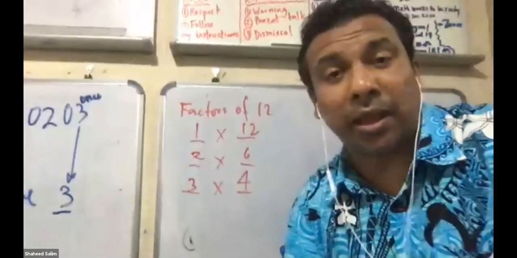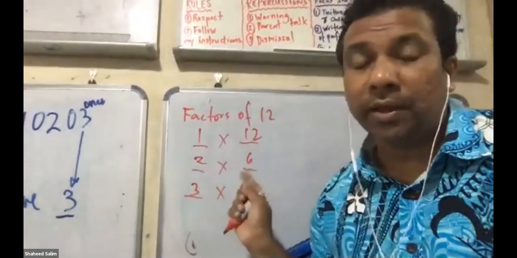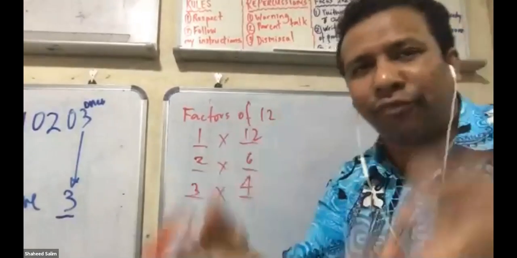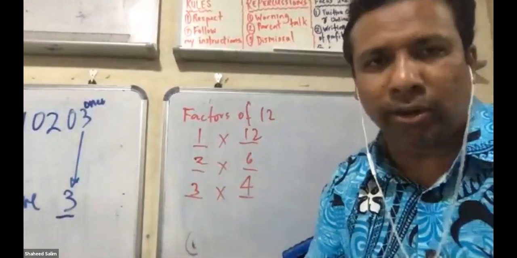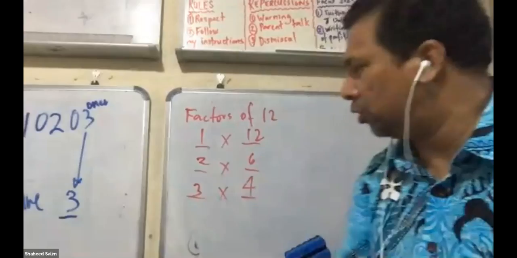Now that's why your timetable is very important. If you are slow in your timetable, you're going to be slow at this question. And you know maths is so much tougher than this. So this one, we got to work very fast. This is considered quite easy and you can do it. Maybe now you might not be able to do it fast, but soon you'll be able to do it fast.